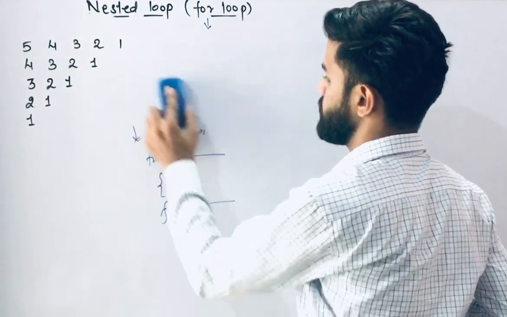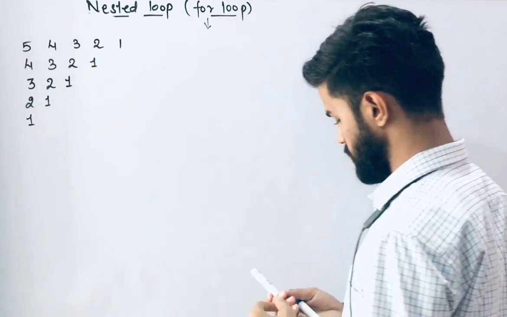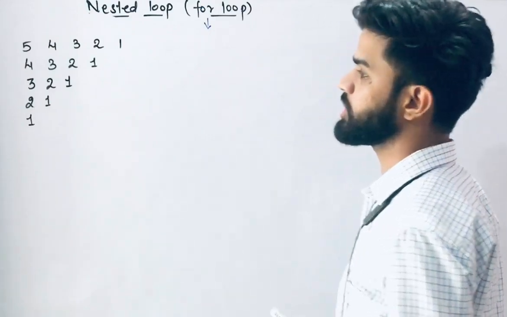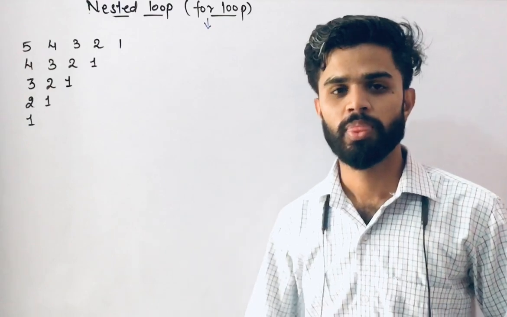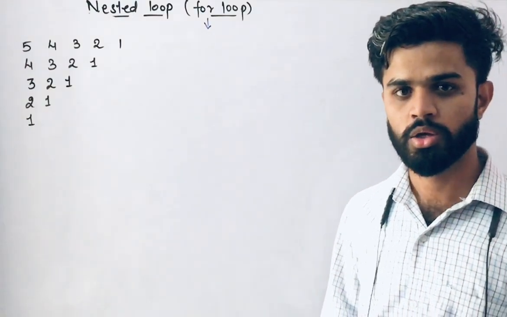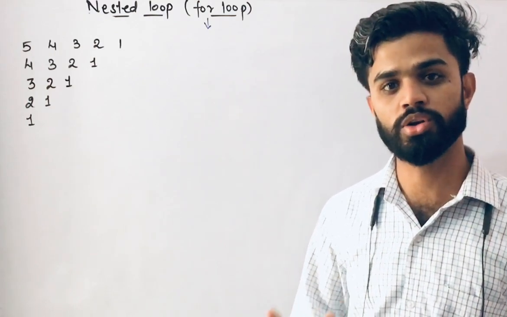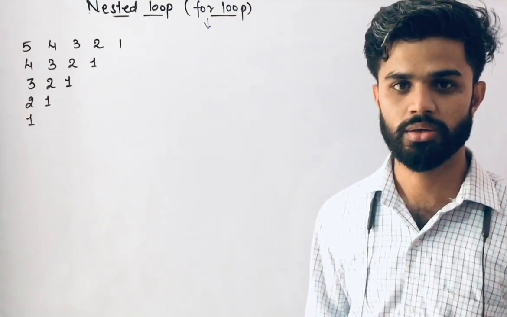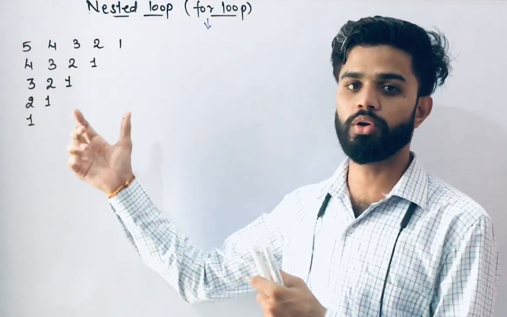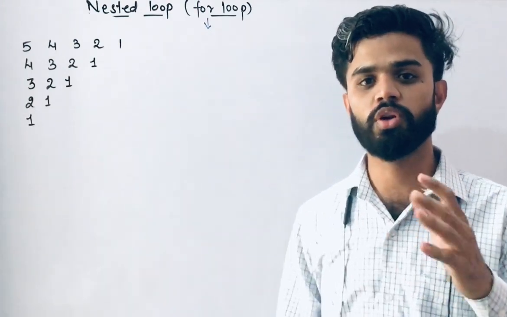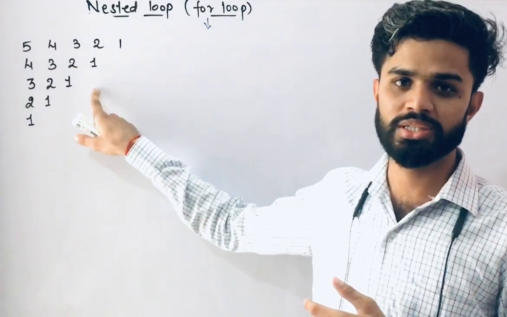So see class, if you are completing this program, how do we start? Before starting, first of all we need to understand what type of logic is used. If we start writing the code for our pattern, we already need to understand what type of logic is used in the given pattern. Are you all getting my point? If we want to print this pattern, first we need to understand what logic is used in it.